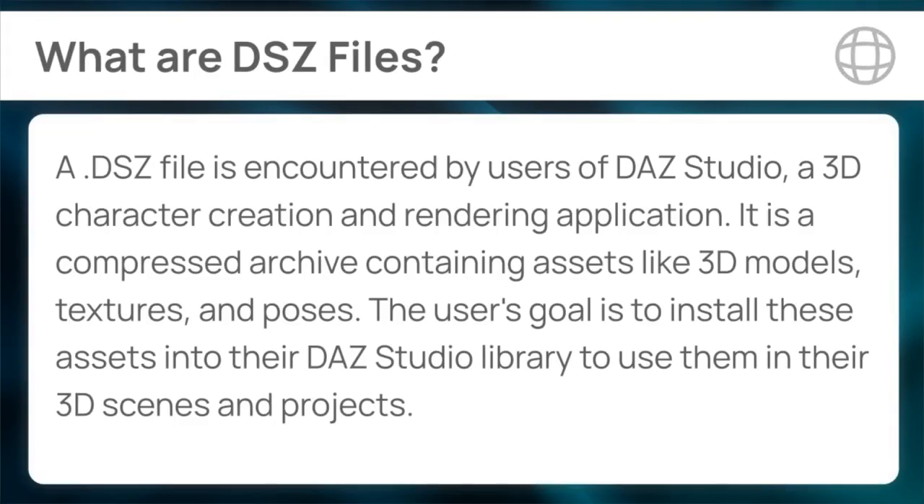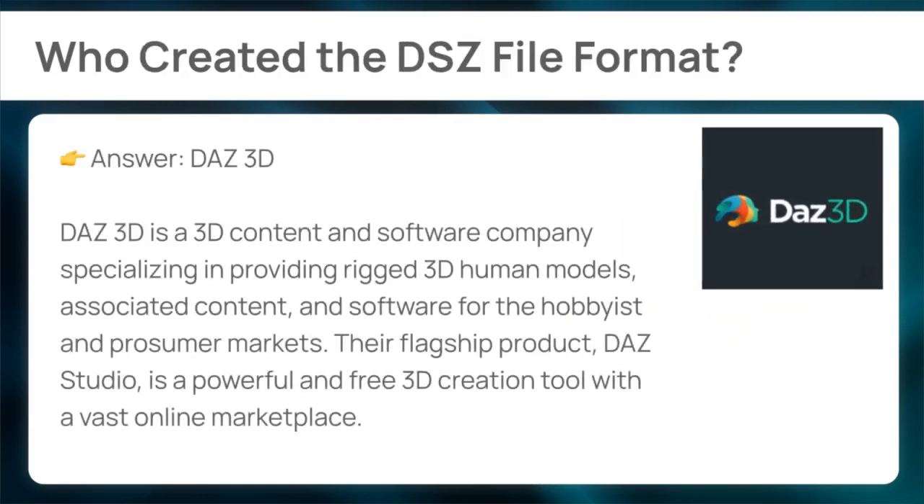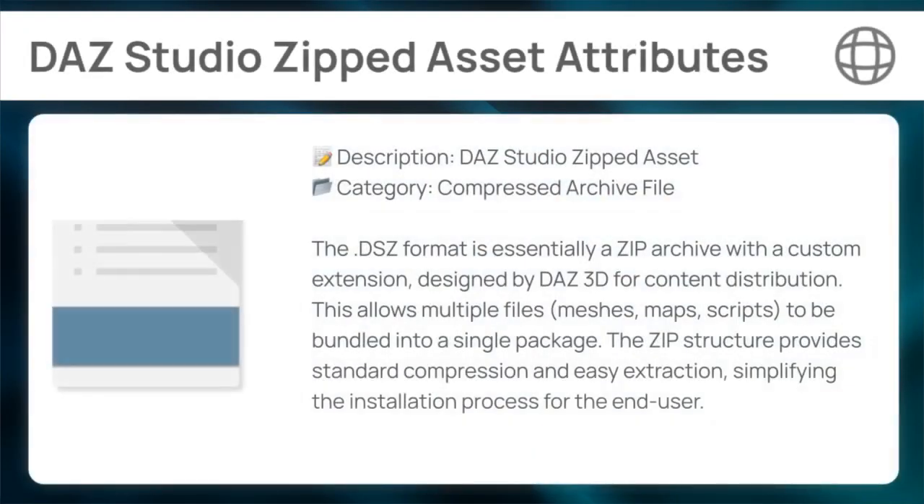It is a compressed archive containing assets like 3D models, textures, and poses. The user's goal is to install these assets into their DAZ Studio library to use them in their 3D scenes and projects. The .DSZ format is essentially a zip archive with a custom extension designed by DAZ 3D for content